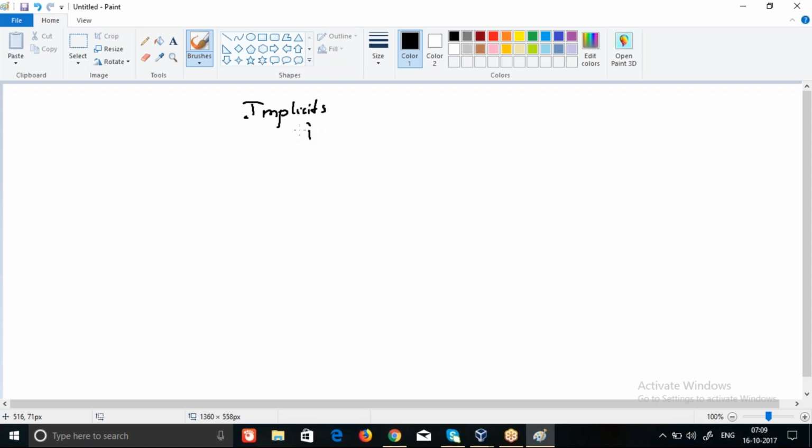So first we will be talking about implicit definition. Now, what do we mean by implicit definition, or why do we need implicit definition? The only idea of implicit definition is to add new functionality to your class. And let's say you have class A